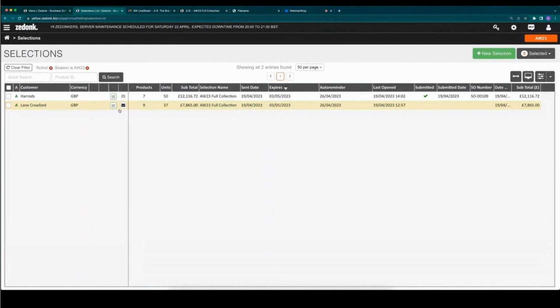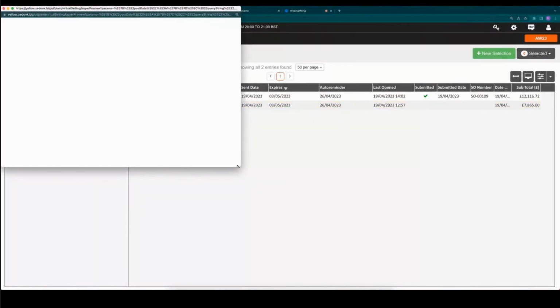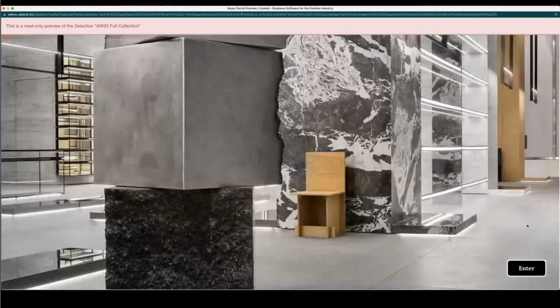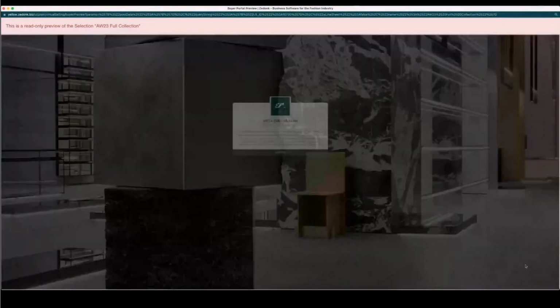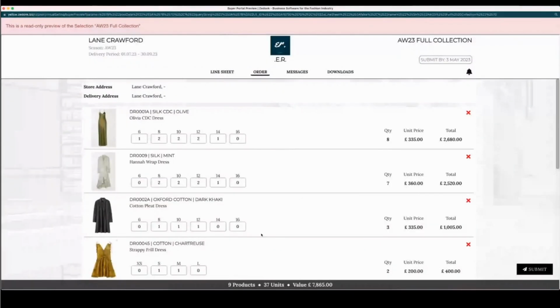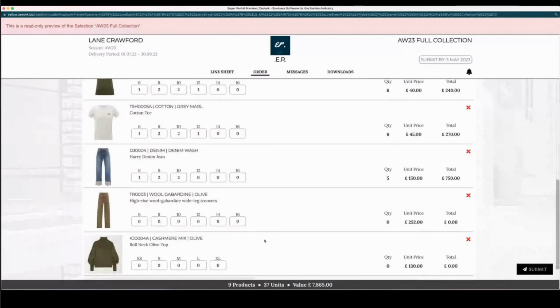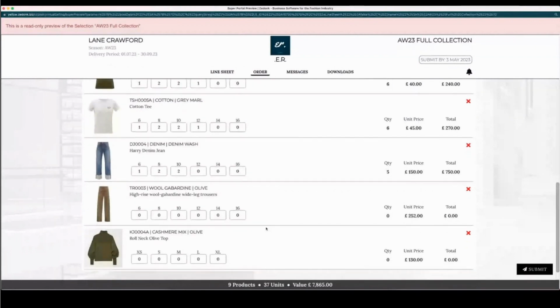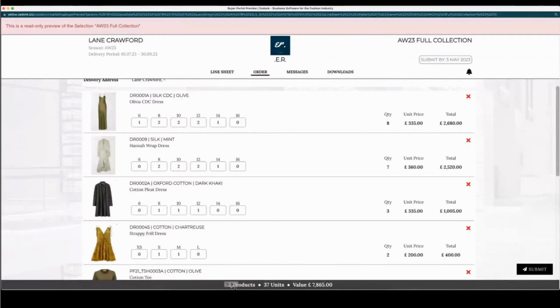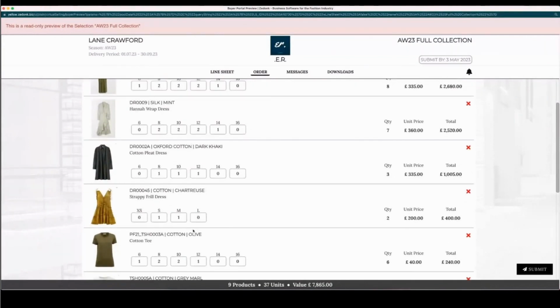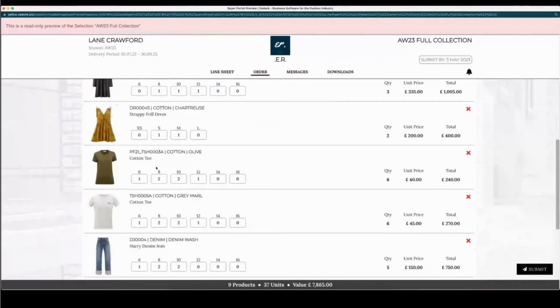One other thing, if you wanted to see how the buyer was doing with their selection, what have they quantified? We can see here that they've quantified 37 units and 9 products, but we can't really see what that is. So you actually have this option to view the current status. What this is ultimately is you going into their portal. However, it's read only, so obviously you can't make any changes, but you do have full visibility of where they're at. So this is an unsubmitted order, but it's a work in progress. So we can see that Lane Crawford so far, we saw the 9 products and the 37 units on the previous screen, but actually we can see what they have selected and what they have assigned quantities against.